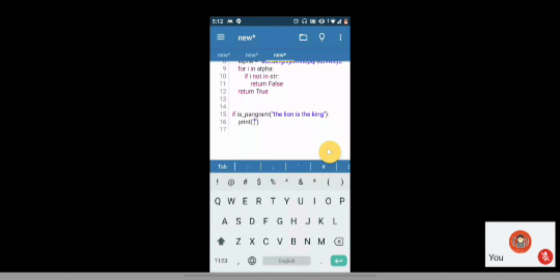So if is pangram of the lion is the king, then you print saying the given string is a pangram. Else it's not a pangram. Like only two possibilities are possible here, right? Either it is a pangram or it's not a pangram. So, the given string is not a pangram.